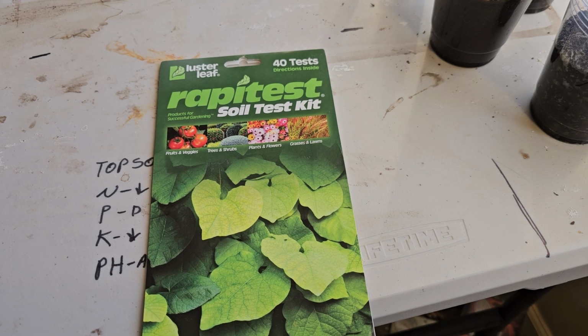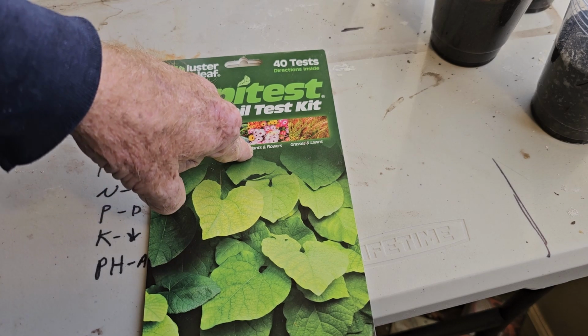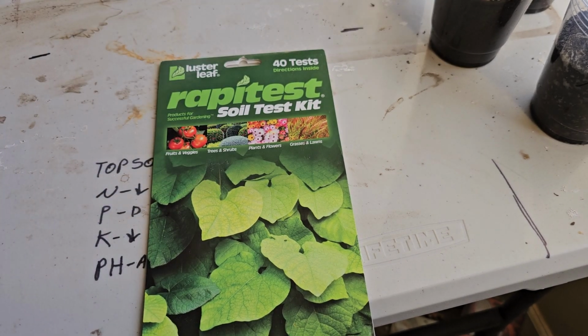Alright, so I made a raised bed for my strawberries, and you're going to see that here in a little bit. But in doing so, I screwed up big time. So I've added compost to it, and I did some soil testing using this test and also using